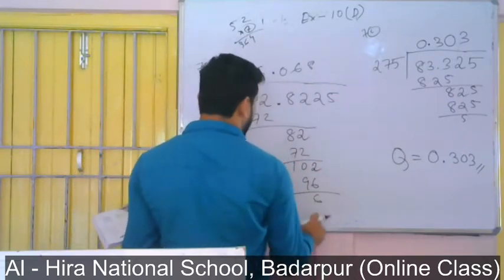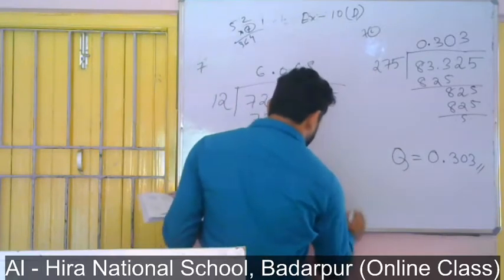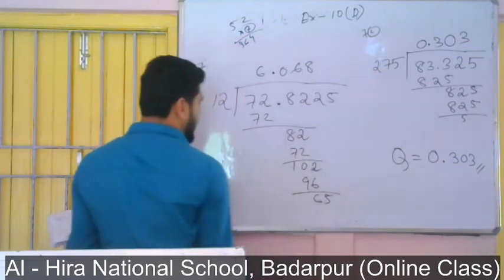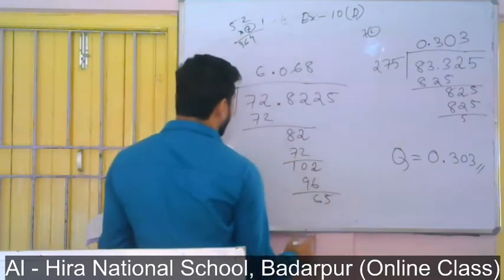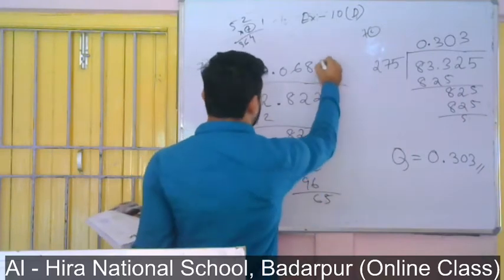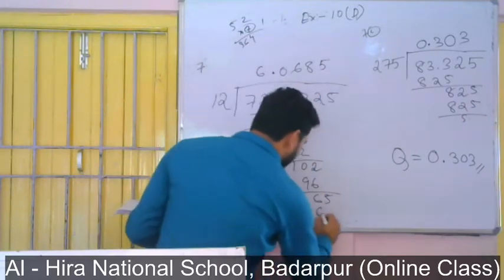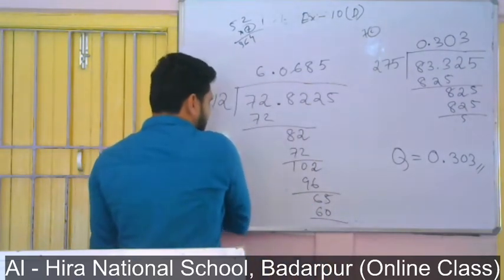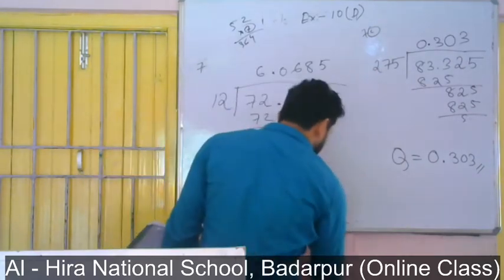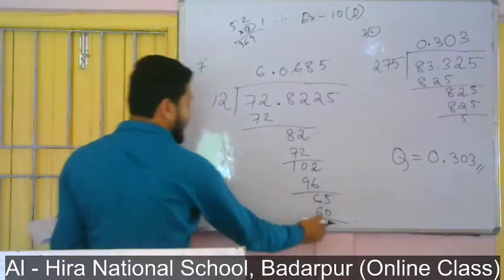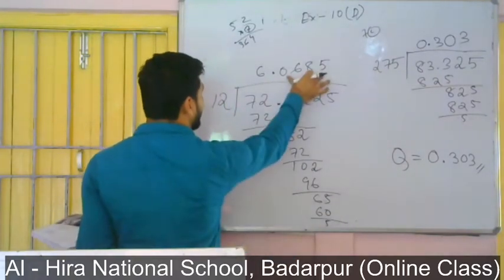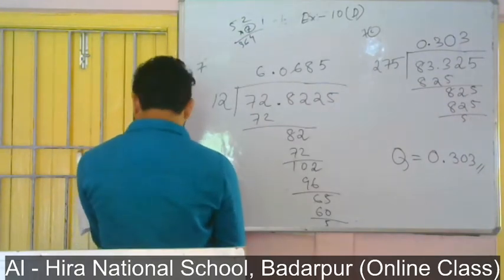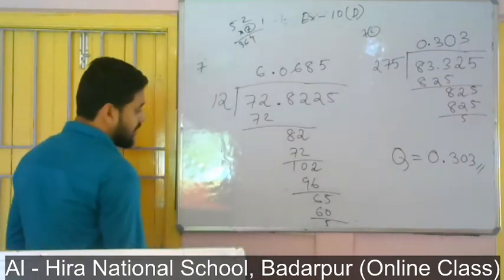So it is not divisible. Again we'll take 5. Okay, again we will take 5. Then again what? 6 5s, 12s are 60. Okay, now again what? 5. So like this it will continue. So we have found up to 3 digits of 4 digits, so no need of finding more. 6.0685. Okay,